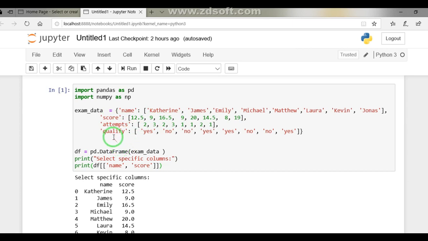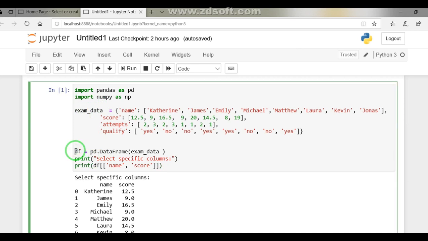Similarly, to convert exam data to a data frame, this is the statement that we are going to use, that I have highlighted here. This is to convert this exam data to a data frame. And ultimately, when we want to select only two columns, this is the code you see here in the print.